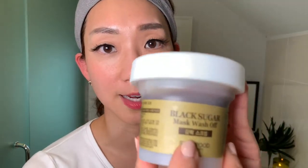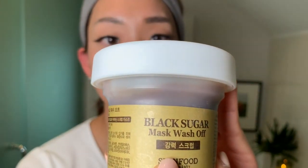its moisture. So this here is labeled as a 강력. That means it's a tougher form of a scrub. It is pretty granular in that it looks like this. You can see the sugar beads, but it's not rough. Surprisingly, it's quite smooth. And this is the only time that I recommend stickiness, because the stickiness will help the